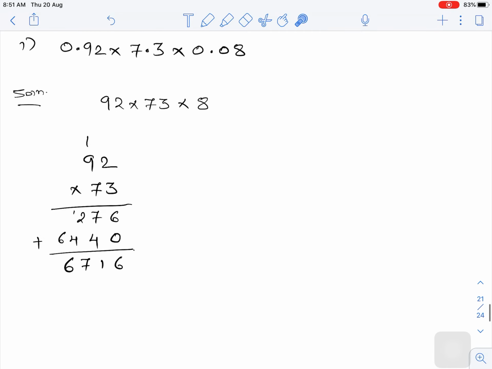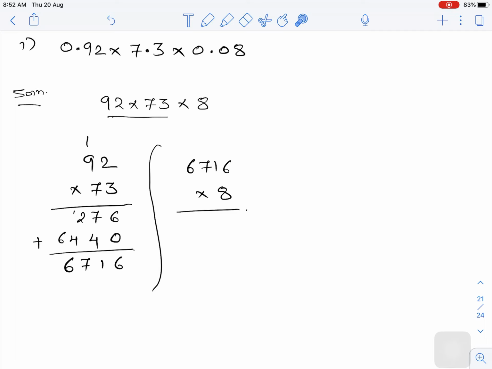Okay, now this number will be multiplied by what? It will be multiplied by 8. So no need of multiplying it here only. Okay, it is better to write it aside. I'm writing it here. Now what I have to do, we'll multiply this 616 into 8, because this multiplication is remaining. First, which 2 we have multiplied? We have multiplied this 2.